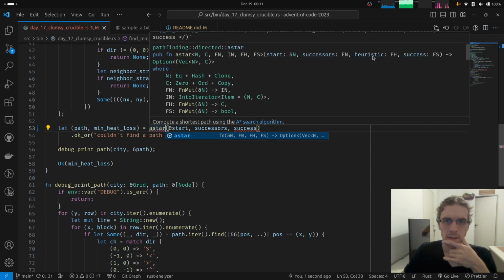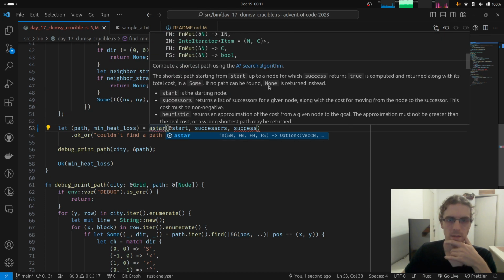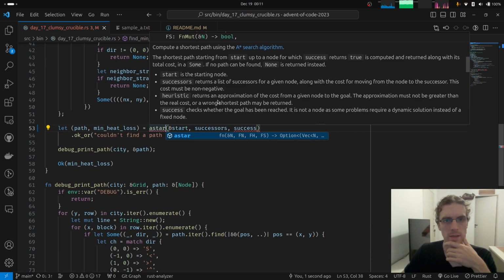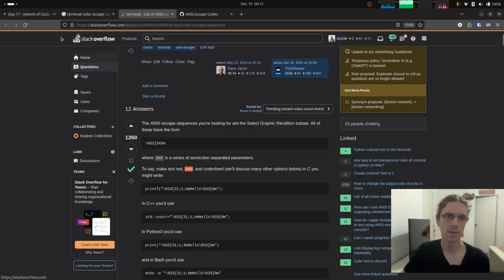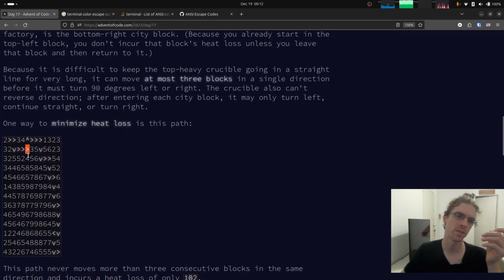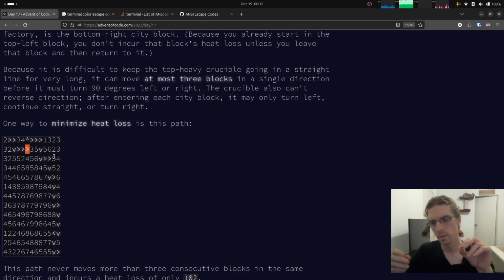It also takes a heuristic, and a heuristic is an approximation of the cost from a given node to the goal. The approximation must not be greater than the real cost, or a wrong shortest path may be returned. The idea of using A star here instead of Dijkstra is that Dijkstra just follows the graph and sorts the nodes that it visits by their cost.